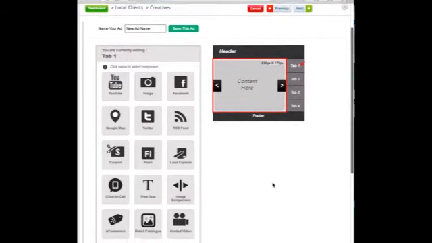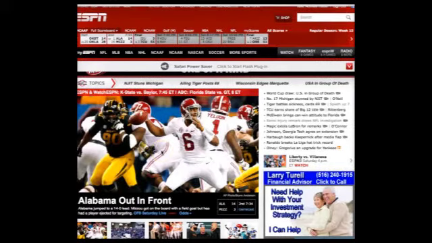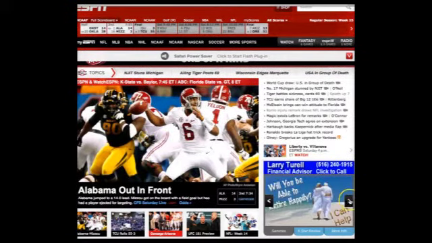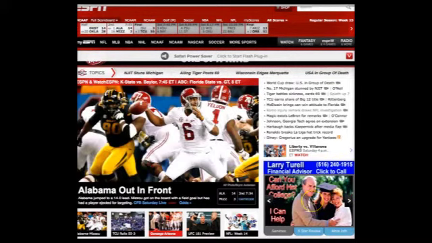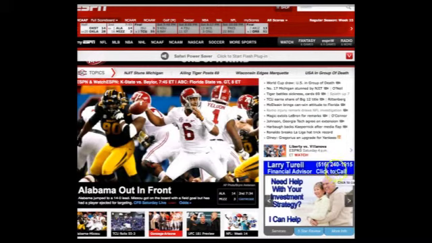Here's a sample interactive multimedia ad for a financial advisor. What you'll notice is that you can scroll through multiple banner ads within the display ad itself. And each one of the banner ads within this scrolling feature actually links to a specific page on the financial advisor's website. You'll notice at the top of the ad, there's the financial advisor's name, their phone number, and a message that says click to call.